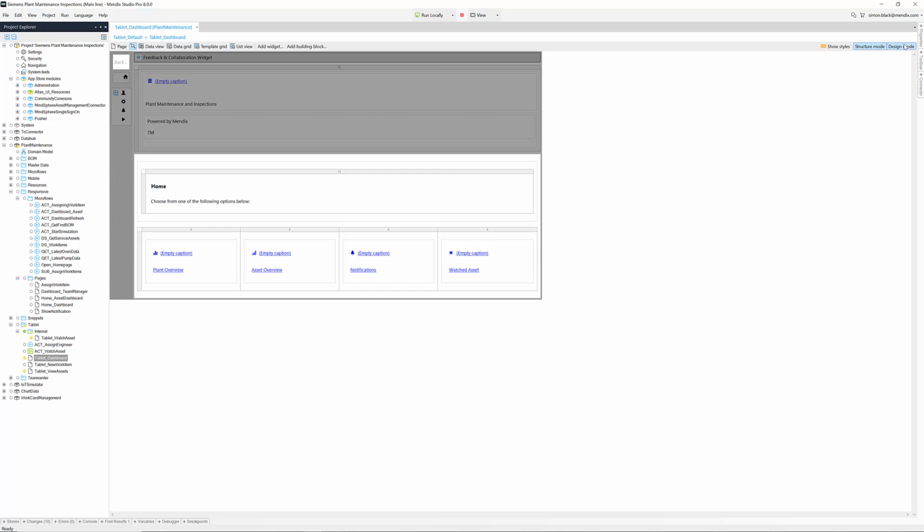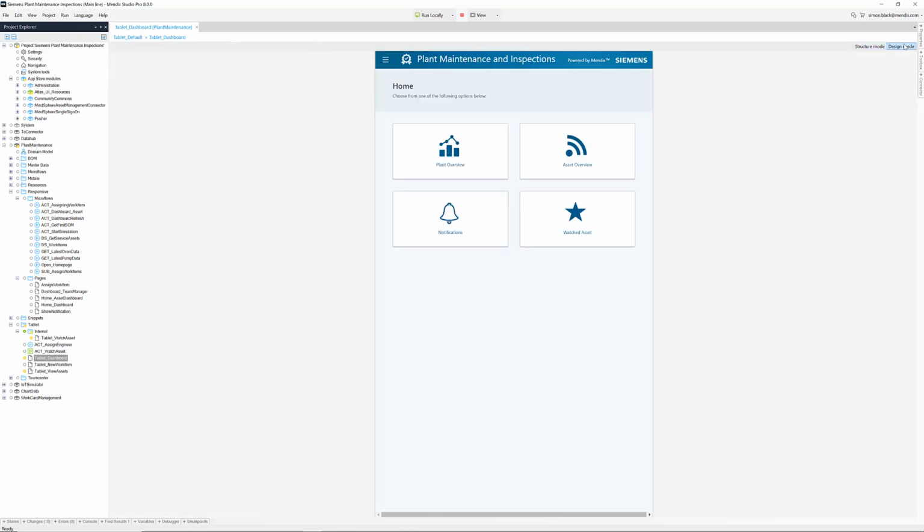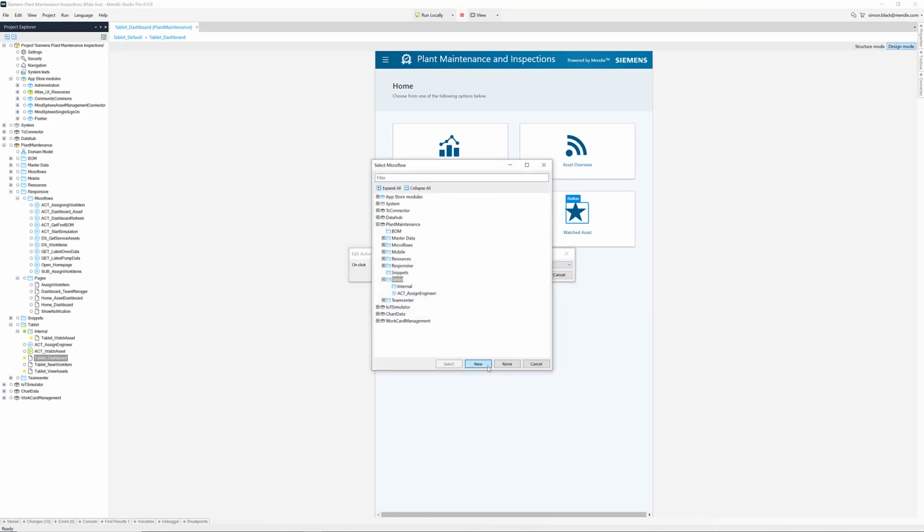Inside Studio Pro, we can build pages using a structure mode or a what-you-see-is-what-you-get design mode. To add the required functionality, we need to add an action to retrieve our watched asset and then open up a page so we can see the dashboard. To do so, we'll build a microflow. A microflow is a number of activities and a number of decisions. This is like a function in a programming language,